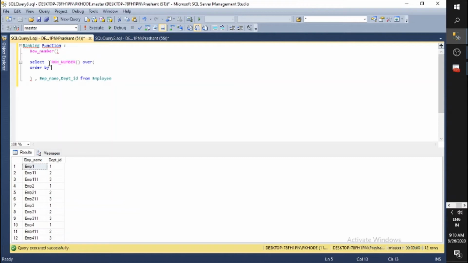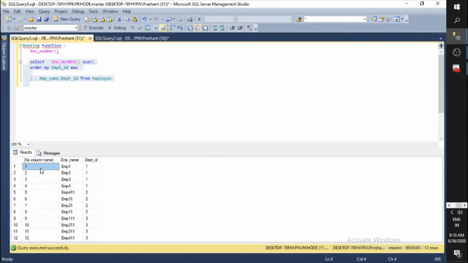In this case I'm going to pass the department ID ascending and run the query. Now you will see that I have used row number to generate a unique value for each row. Now the value has been generated.